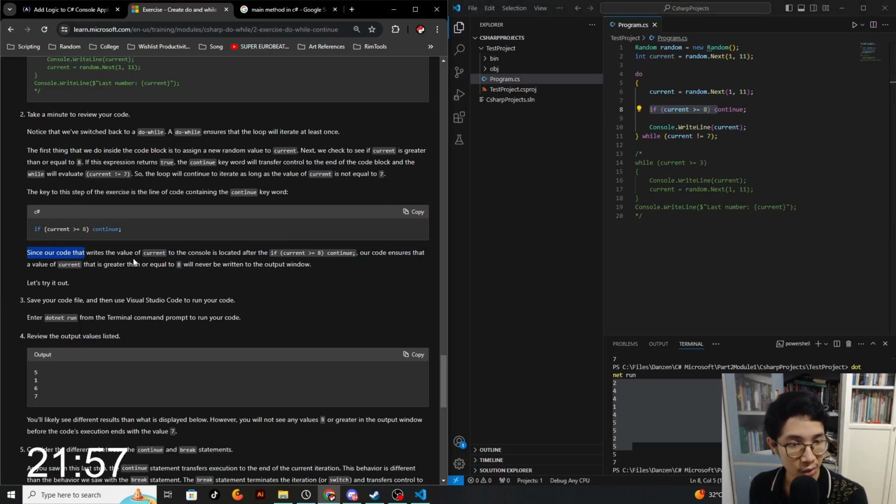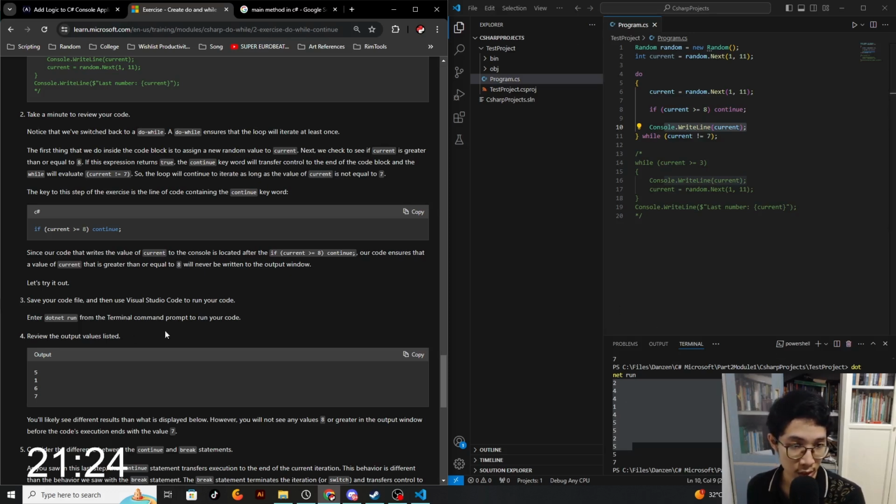Since our code that writes the value of current to the console is located after the if current condition and then the continue keyword, our code ensures that a value of current that is greater than or equal to 8 will never be written to the output